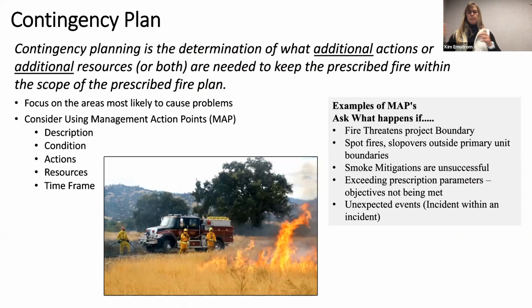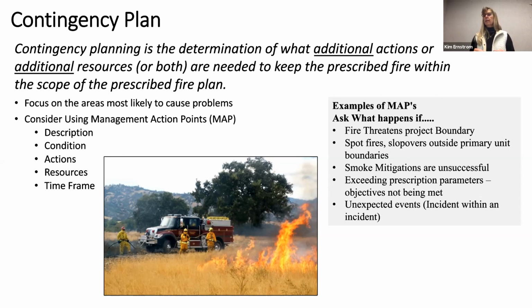Okay. And sometimes it's hard to think about these, like now what's the difference, right? Well, the holding plan is when I'm keeping it in the box, right? What am I going to use to just keep it within my boundaries? Contingency is, what extra stuff do I need? Again, this is right from the guide. What additional actions or additional resources, or both, are needed to keep the prescribed fire within the scope of your